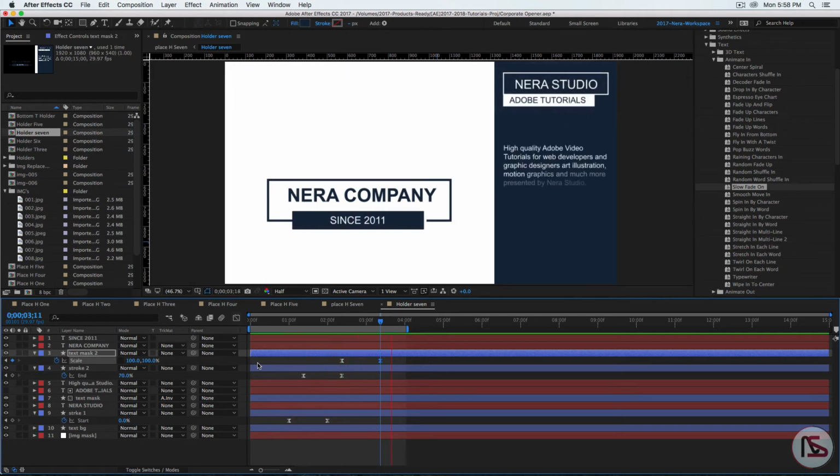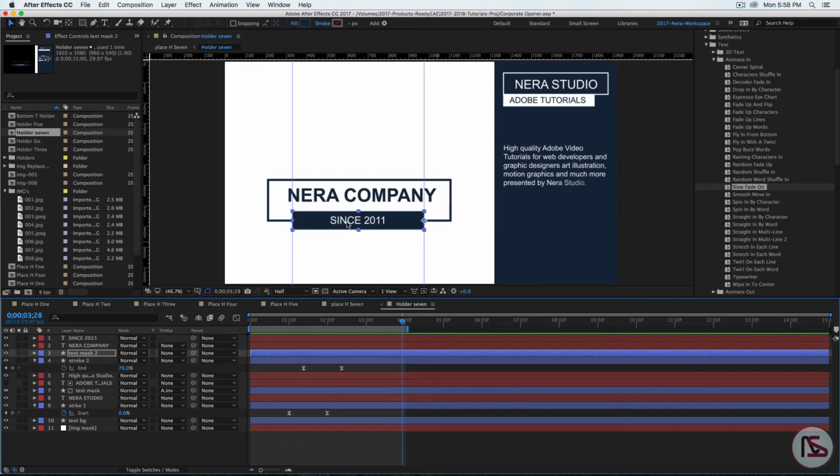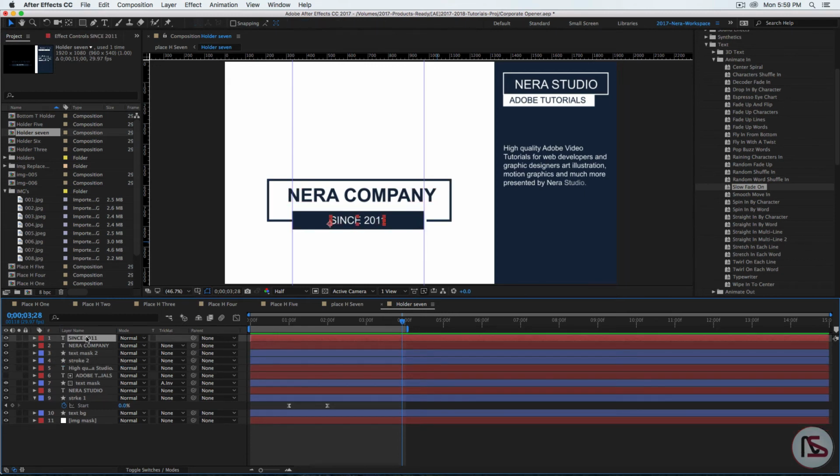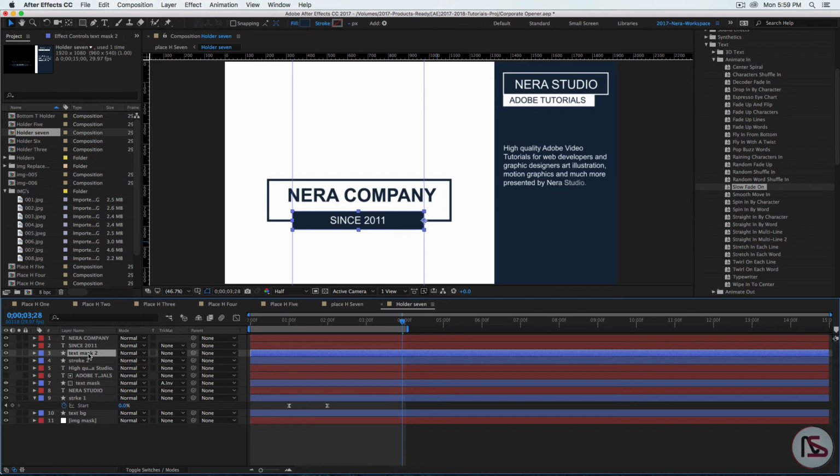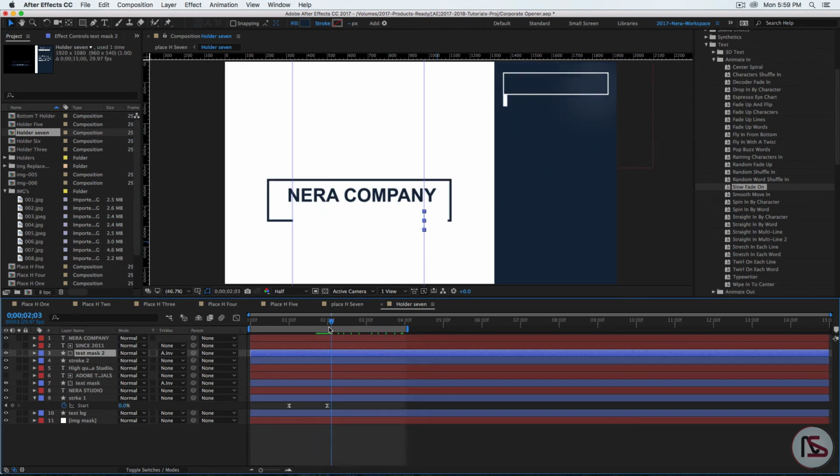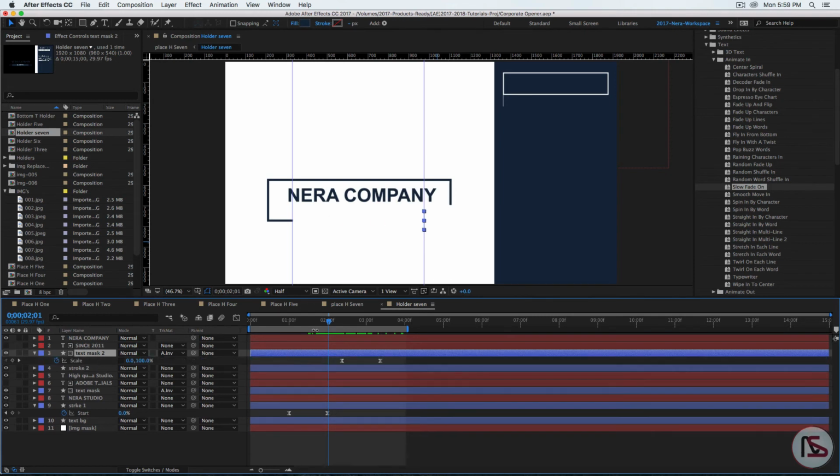Nice. Once we have this, we need to go and start animating. Actually, you know what? We need to put this inside. So let me make sure this is down here on the top of the text mask 2, and we need to say alpha inverted matte. And you will see, actually seems like the text is animated as well, together with this mask. And also what else we need to do is go the same. Let me hit U on this mask too,